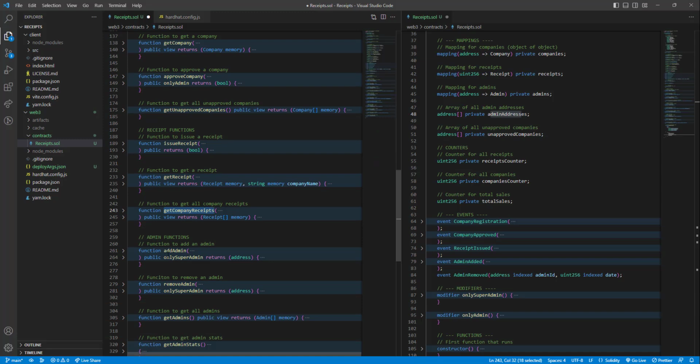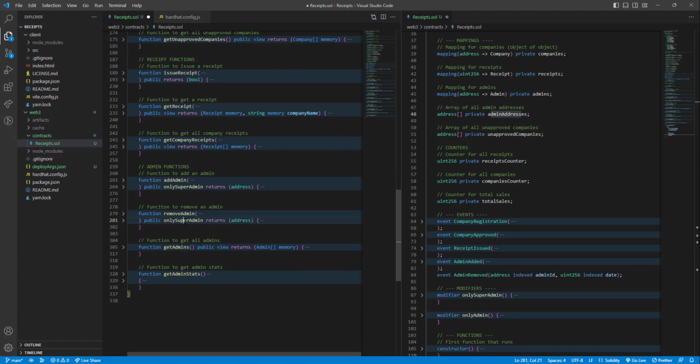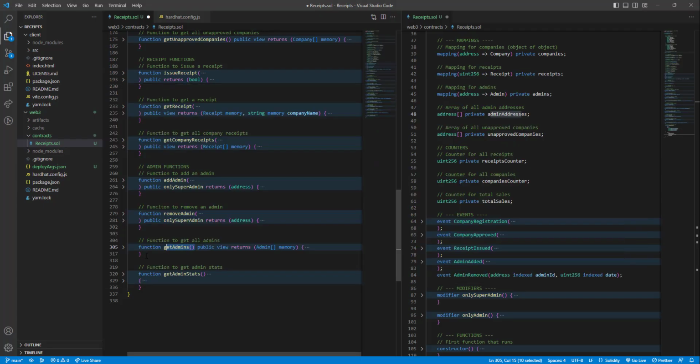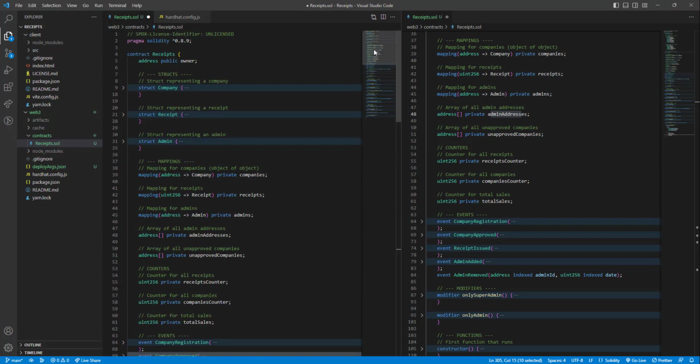And then for the admin, we can add an admin, we can remove an admin. Remember, this can only be done by super admin. And then we can get a list of all admins, and we can get those admin stats that we can populate on our dashboard. So yeah, in like 30, 35 minutes, we created the entire smart contract,